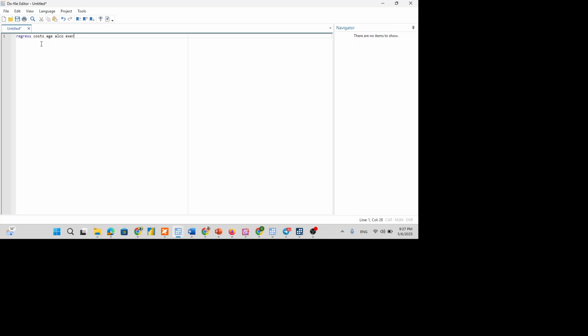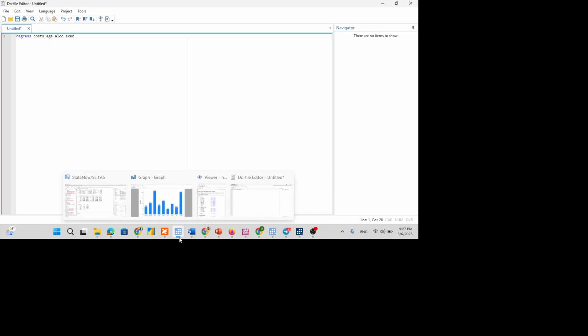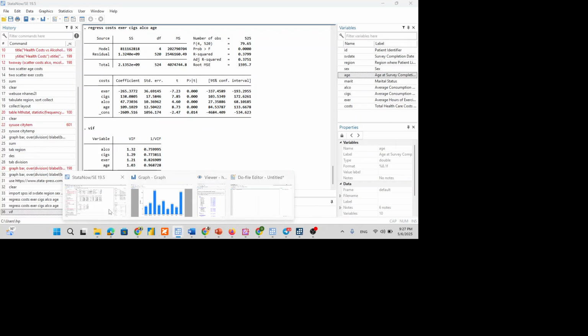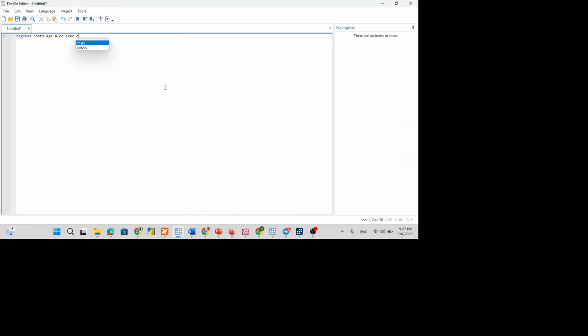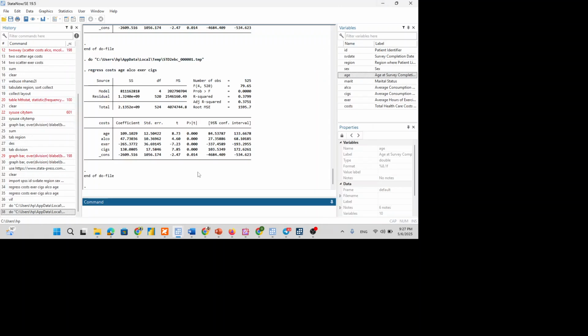So we can use these three variables, but we have age, exercise, alcohol, cigarette consumption, the other variable cigarette consumption. You can select these variables, then execute your model. If you click this one, you will find your result here. So based on this, you can run the multiple regression model.